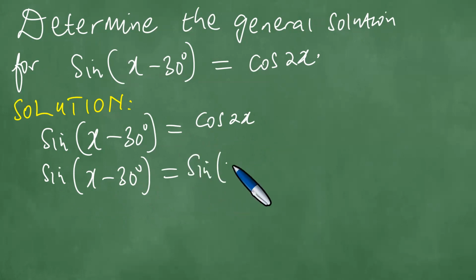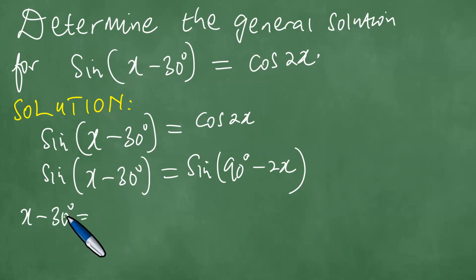So this is the sine of 90 degrees minus 2x. Cosine 2x is the same as the sine of 90 minus 2x. And what is the meaning of this then? At this point, you can write x minus 30 degrees is equal to, so when the sine of this equals the sine of that, it means the two angles are equal to each other, so that we have 90 degrees minus 2x